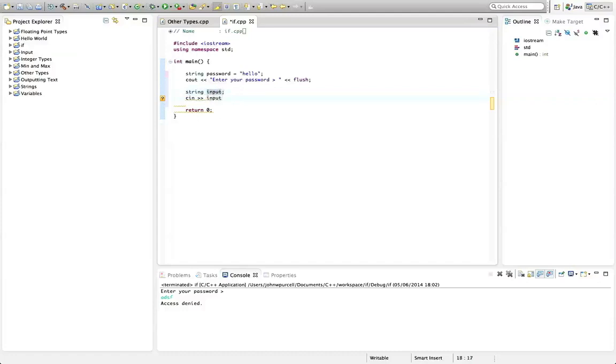So let's type cin input, and firstly let's just see what that actually looks like. I'm going to do something which I highly recommend that you do frequently in your program. I'm just going to type cout, and I'm going to output that actual value that we've got like this. So let's put input